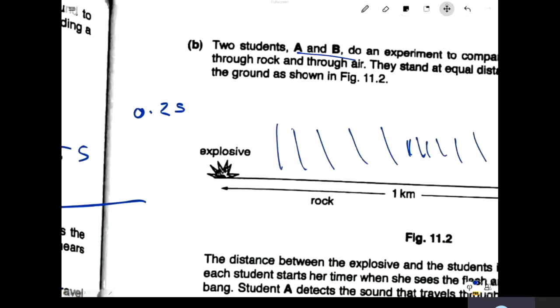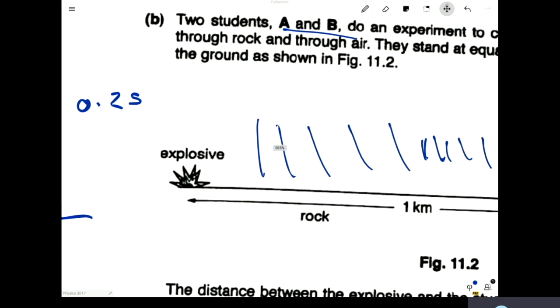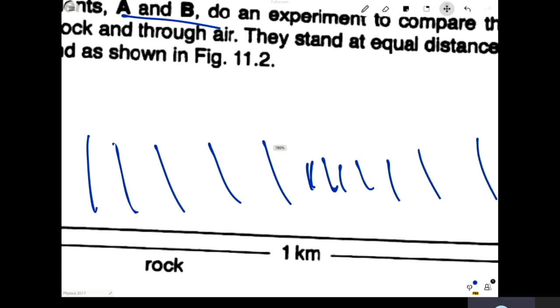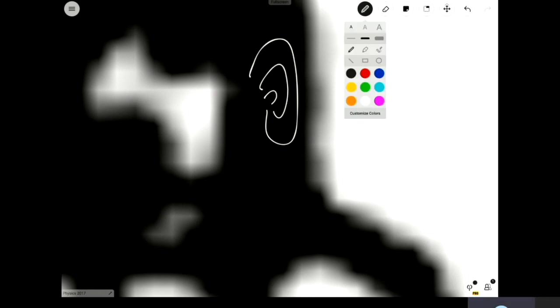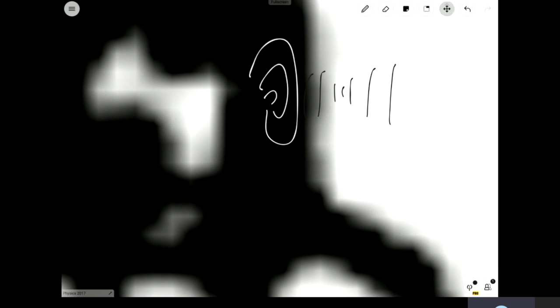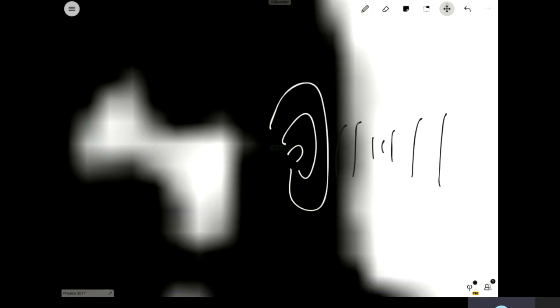So we say that upon the point of explosion, the air is compressed and rarefied. Compressed and rarefied, until this fella's ears. Can't see the ear, I'll draw the ear for you. Here, his ears. See that? So the wave goes in, and therefore he gets to hear. But of course, you just talked about this already. But let's see how many marks it is.